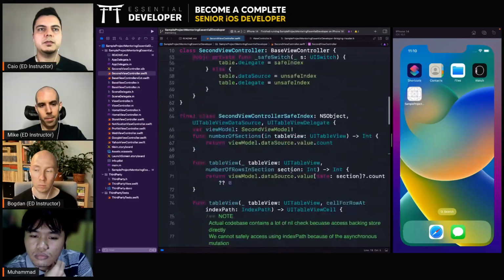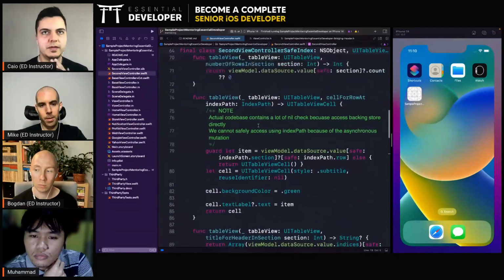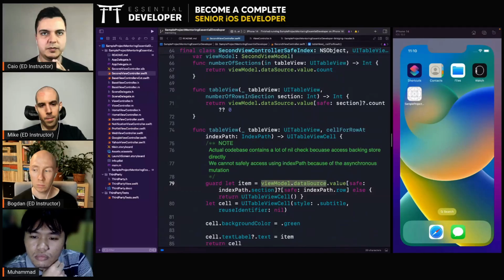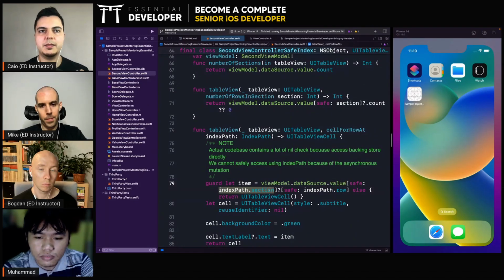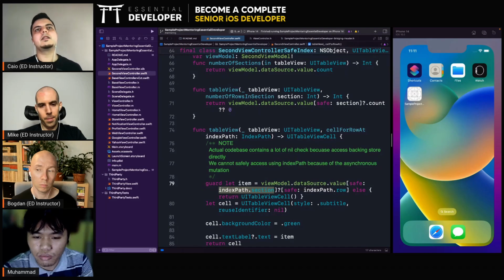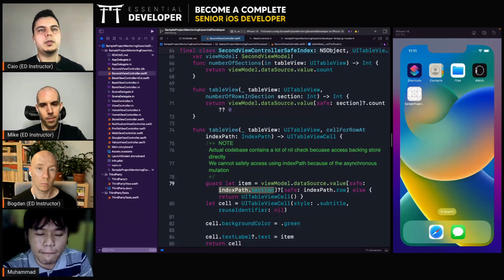So you have a problem here. You have a view model with a data source, and to access the values, it's an array of arrays. You need to get the item for a specific section and a specific row. Yeah, because at some point the view model updates from the background. So when we scroll or when we select a cell, it crashes if we don't use that. Okay, but this is now a problem with the